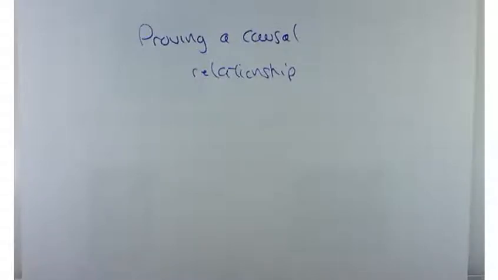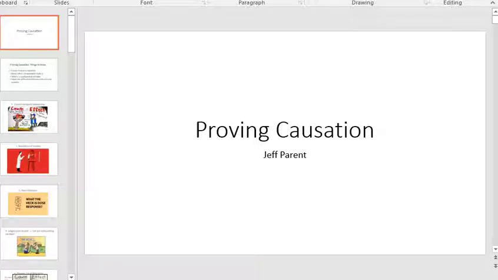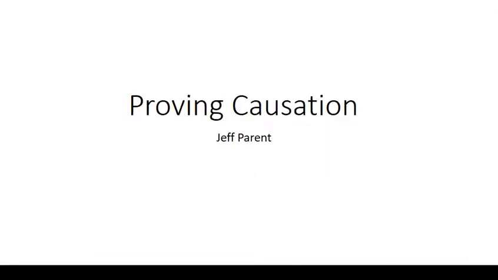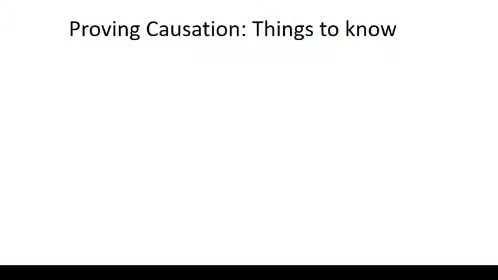Okay, so we're going to take a step away from the book for a little bit and talk about proving a causal relationship, that is, proving a cause and effect relationship between two variables. There's a few things that I want you to get out of this presentation, so let me list them to you. Things to know from this presentation would include